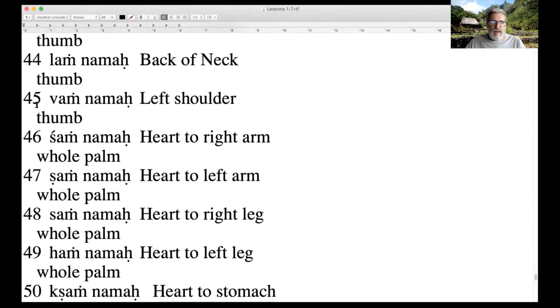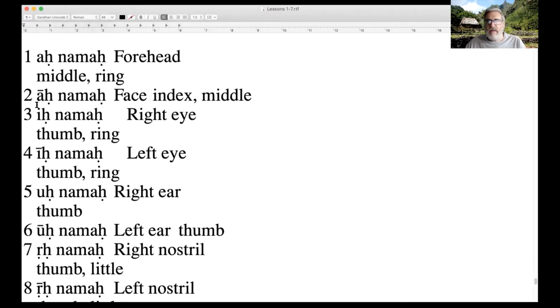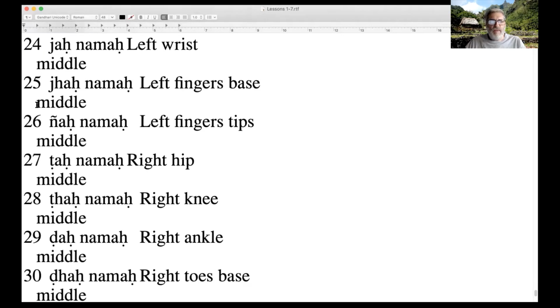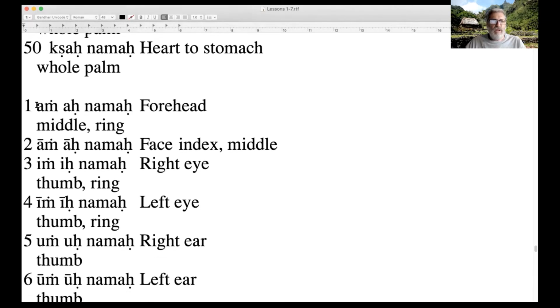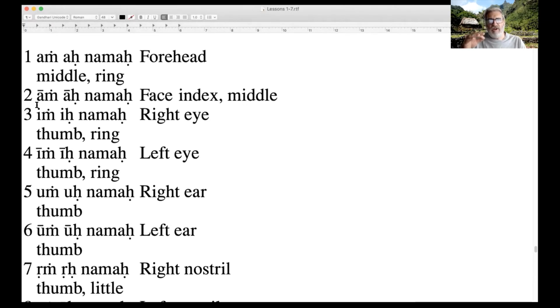Now the third way of doing it is to add the Visarga, Aha. So instead of im, right? First of all, we did it with just the letter e. Then we did it with the Anusvara, im. Now we're doing it with the Visarga, ihi, like that. Then the 4th way of doing it, which is done the 4th time, is we have to do it first of all with the Anusvara, and second with the Visarga.